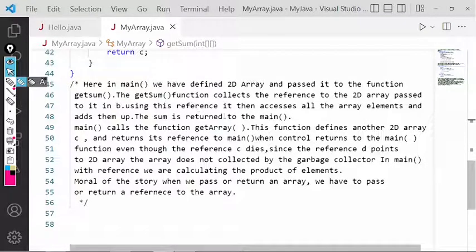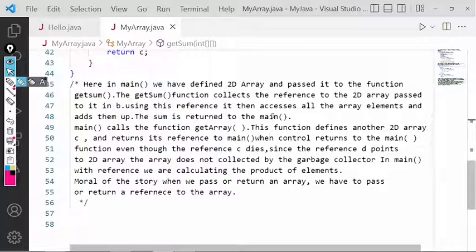The sum is returned to the main function. So basically we are defining one two dimension array in the main function and passing that array to the getSum function. getSum receives that array in a reference, and with the help of the reference, it calculates the sum of every element and returns it back to the main function.